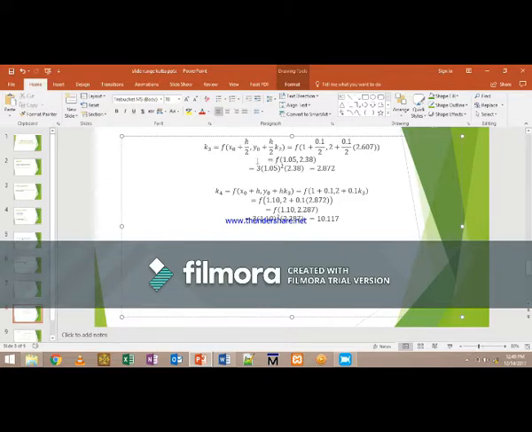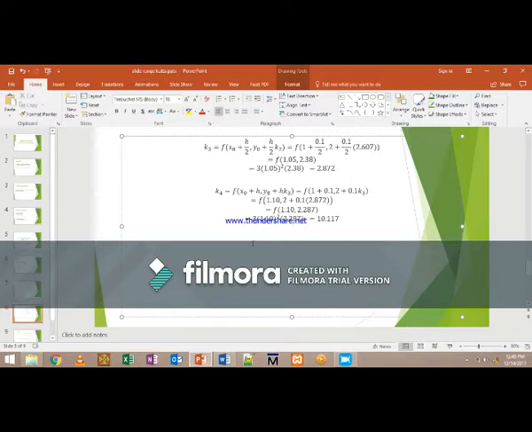We substitute the initial conditions and K3 into the functions, and we get 1 plus 0.1 and 2 plus 0.1 multiplied with K3. We will get the value of the function as 1.10 and 2 plus 0.1 multiplied with 2.872, and we get 1.10 and 2.287. We substitute the value into our formula. We get 3 multiplied with 1.10 squared multiplied with 2.287, and the answer is